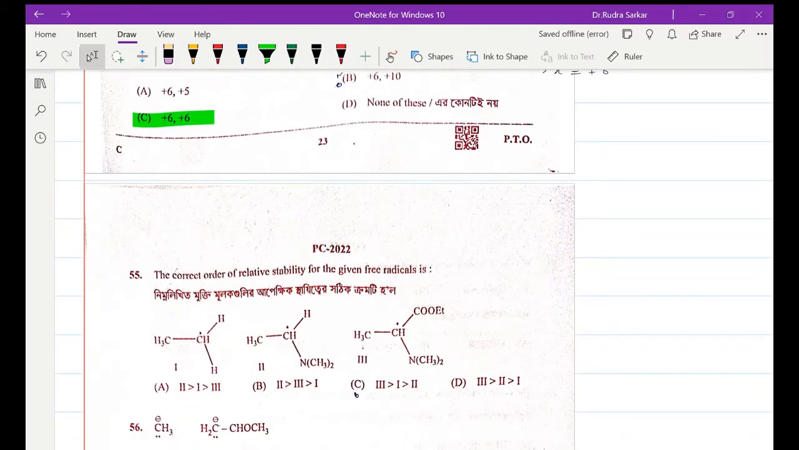Now the relative stability of the radicals over here, if we consider, we have a group that is having -I effect,